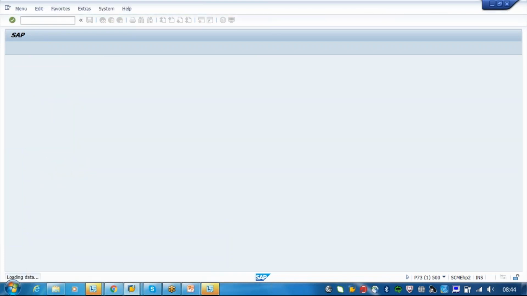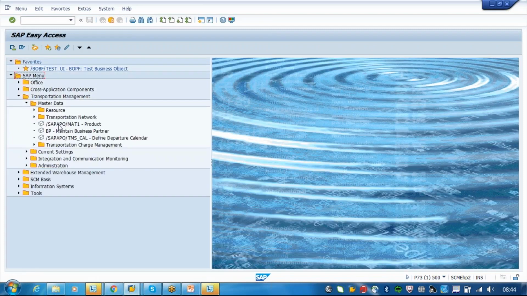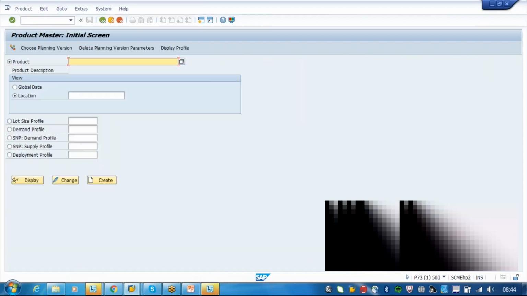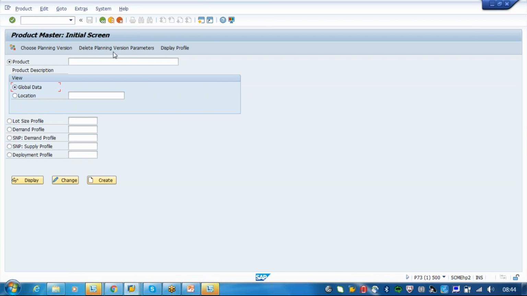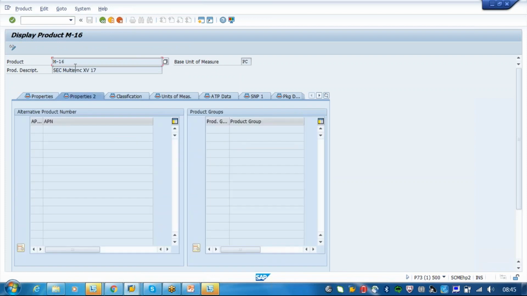So now, for the logical system, I will show you the SPRO, this material. This material is a product to be created. We can just see global or specific location. I will put global MI-16 and we will just try. Okay, so this is what we transferred and the properties will be there. Basically the material we are transferring from the API is called the product here, because there are some other properties specific to TM, like for example your transportation mode or your classification. So there are some other things which you have to do. That's why it is called the product in the TM.